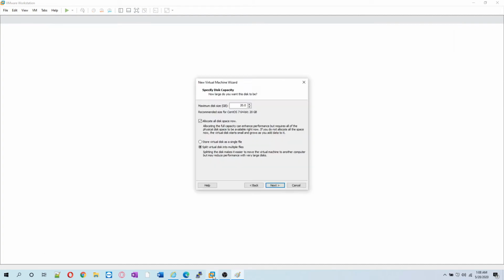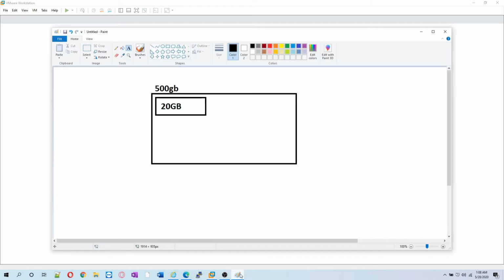If I uncheck this option, now this is thin provisioning. Before it was thick provisioning, now it will become thin provisioning. What will happen in this case? I still allocate 20 GB, but I am not using all of this disk space.